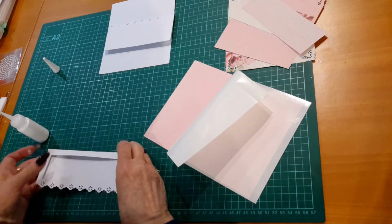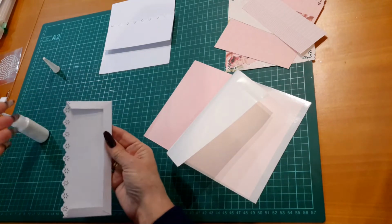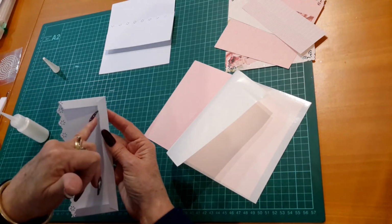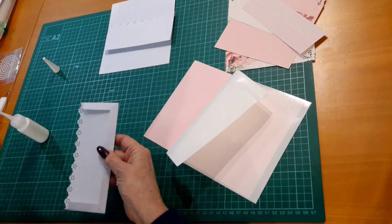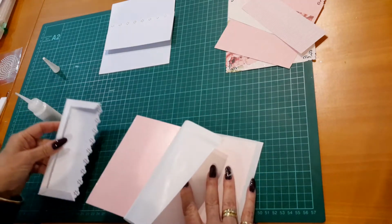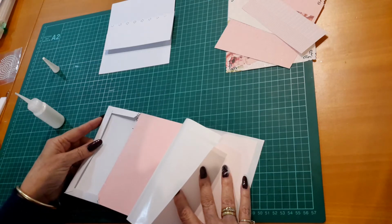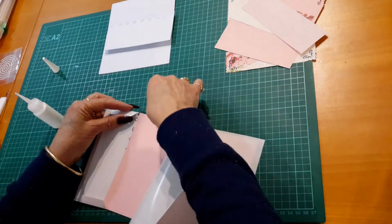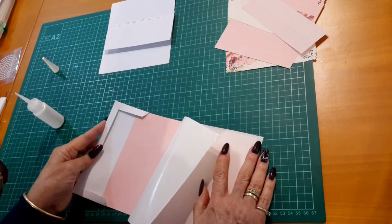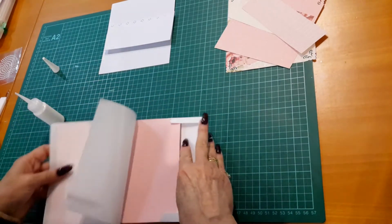If you've seen my other tutorial, I do that just so that it holds down those flaps, because when you go in you need to have that straight all the way to the bottom of the pocket, otherwise it will catch on this one here if you don't. So I'm just going to slide this pocket over the base page mat, down to the bottom,